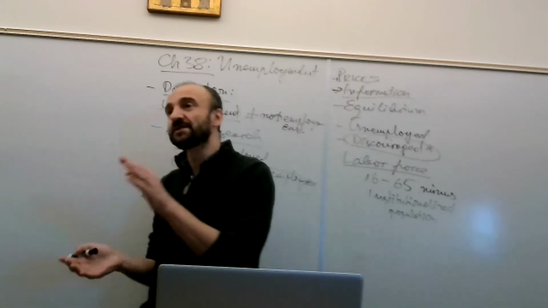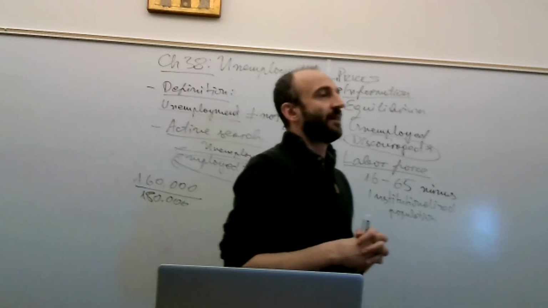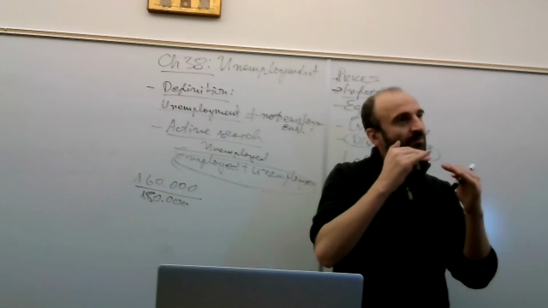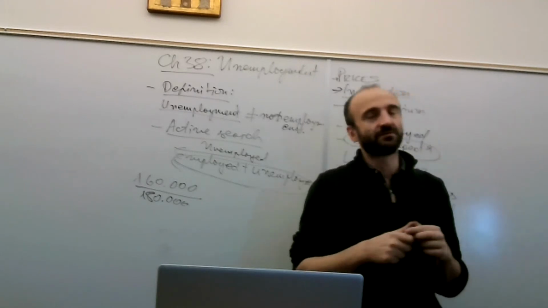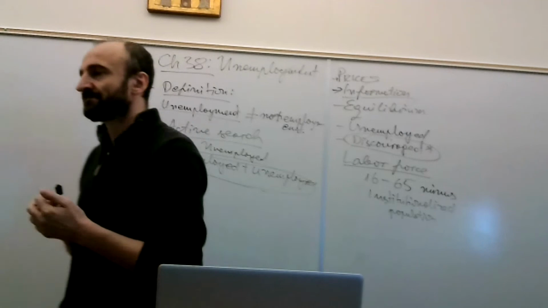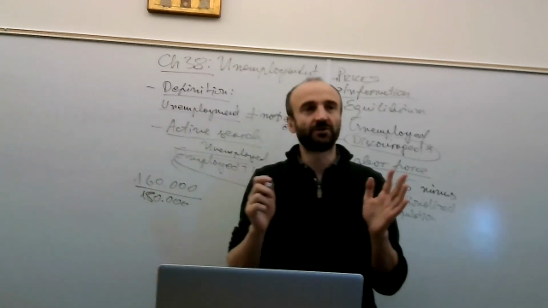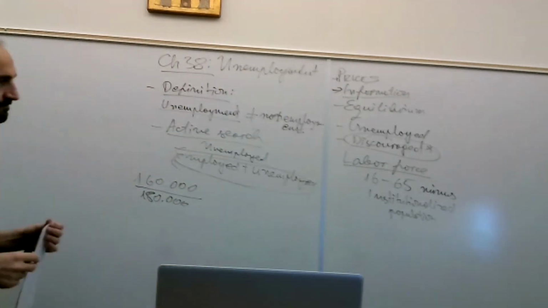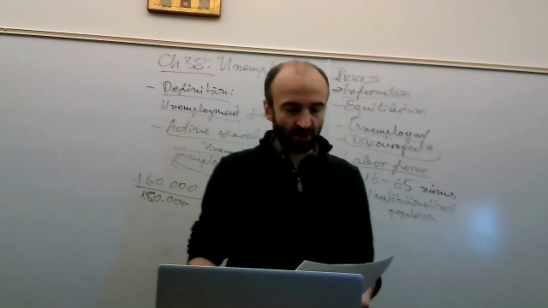And then when things went better in 2015, 16, 17, the participation rate went up, and then the real unemployment rate converged to the official unemployment rate. Okay? Any questions about this? Okay, so these are just definitions of